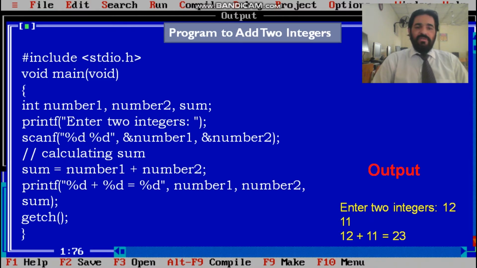Then void main, the main function. Then open the bracket. Then we declare variables which are integers, and we assign number1 and number2, and then a third variable, which we require to sum up the two variables' data.